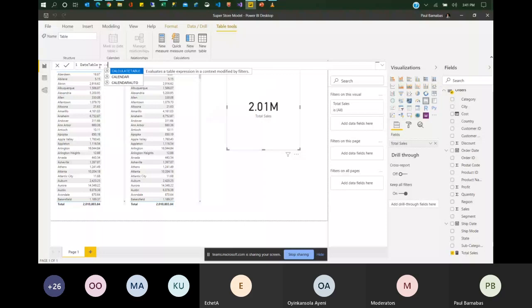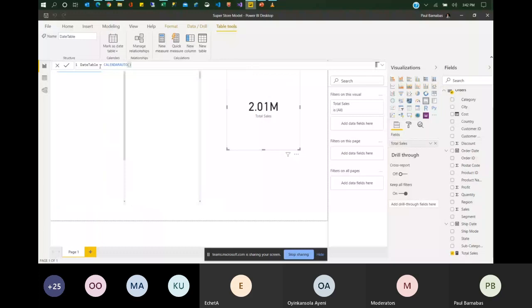This function goes into our whole data set, all the data we have within our model, and identifies the latest date and the earliest date, and then creates a unique column that contains each day from the minimum to the maximum. That's what CALENDARAUTO does.